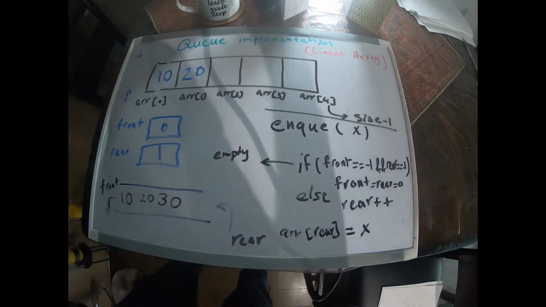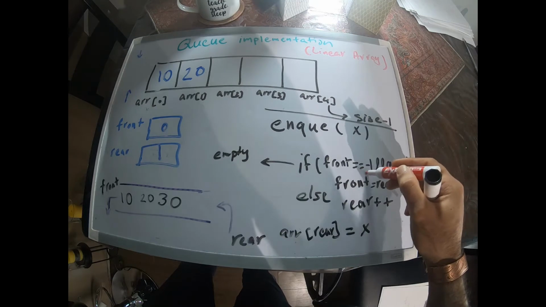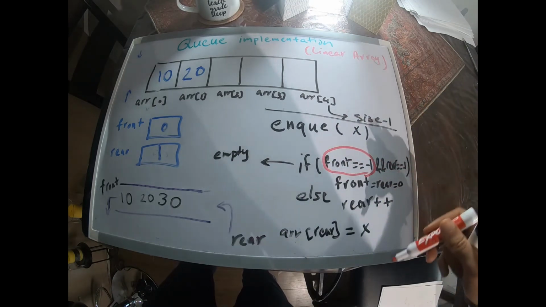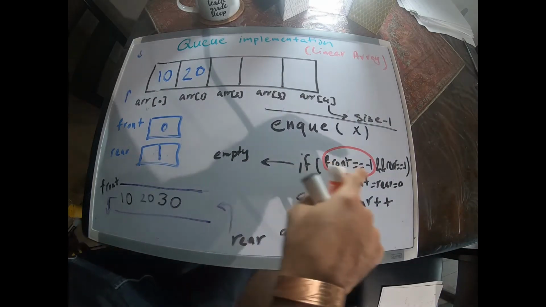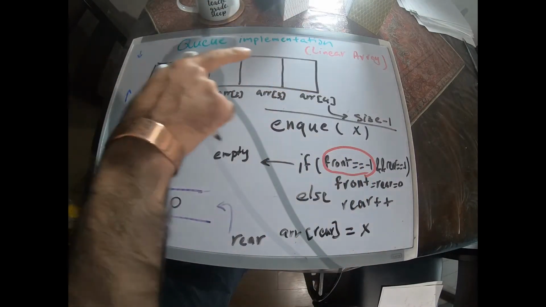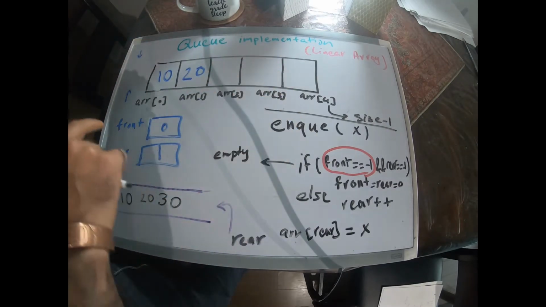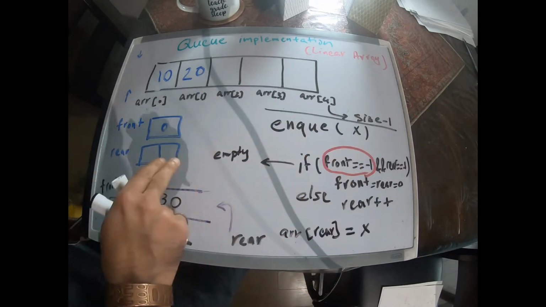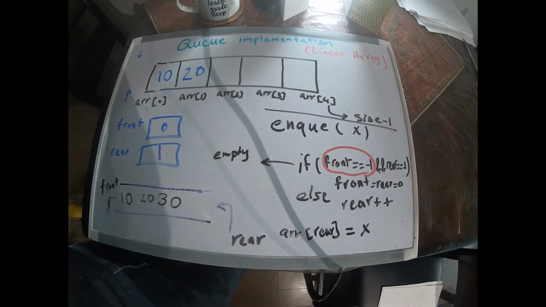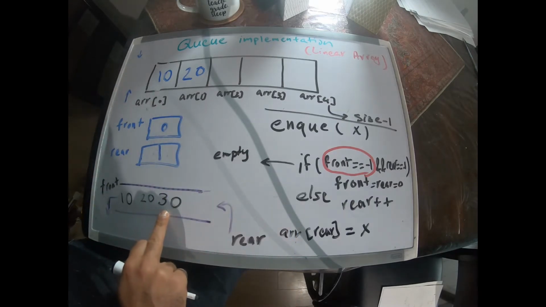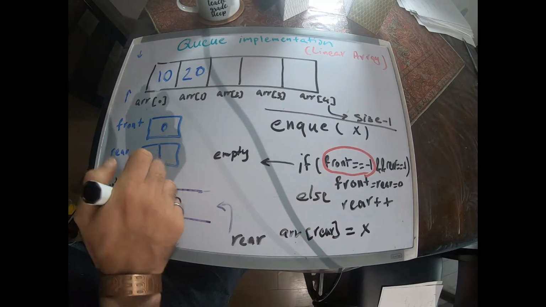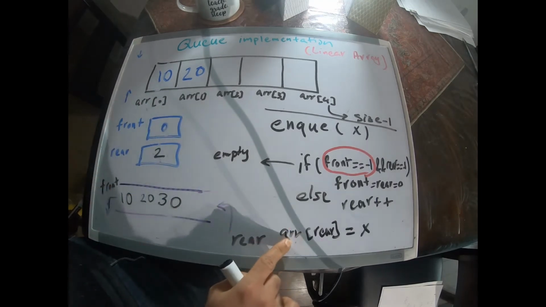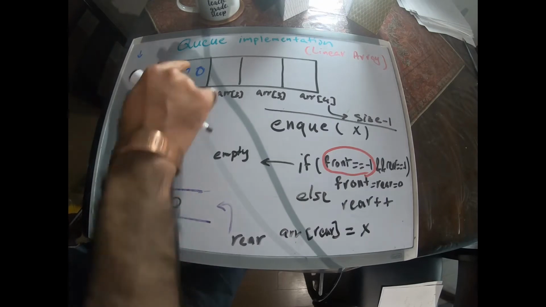And to be perfectly clear with you, this condition, you can just reduce it to this one. Doesn't have to have both of them if you implement it right. Because if front is -1 for the linear array implementation, it means that our queue is empty, right? We don't have to check the rear as well. So just wanted to tell you that too. So at this point, this condition is not true. So we're gonna increment rear. So this becomes 2. We insert X, which is 30, into